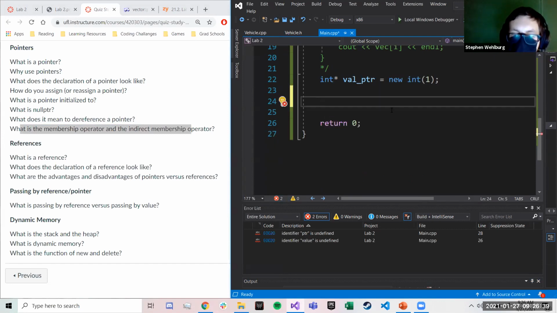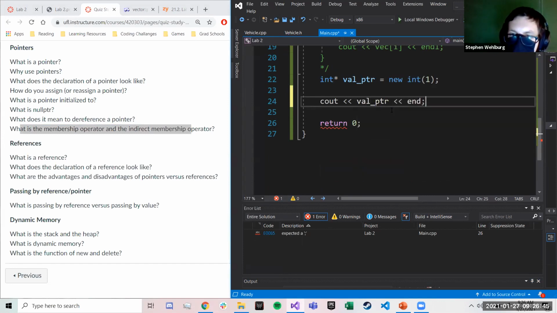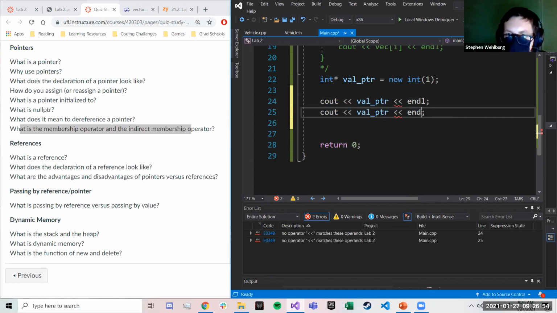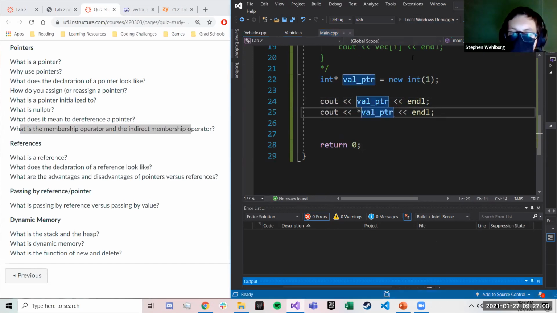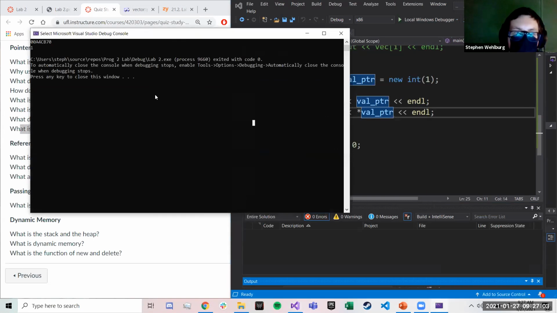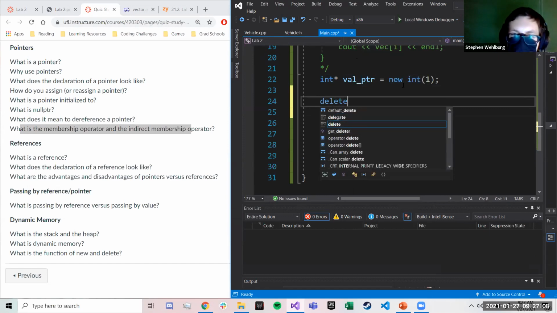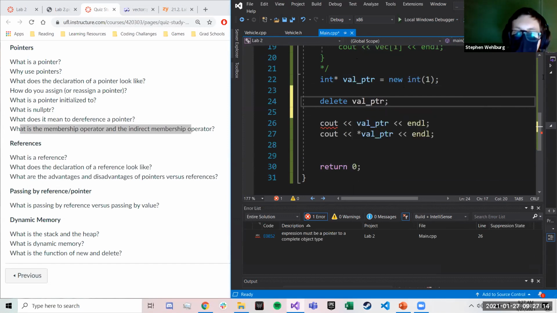So if we cout val pointer, and if we do the same thing, it's endl, my bad. So if we do this, we've seen this before, that outputs the address and then 1. Super straightforward. But what we can do is delete val pointer. There are two words for delete, but since we're not getting into that right now, I'm not going to. But deleting val pointer,